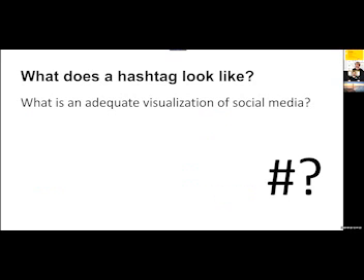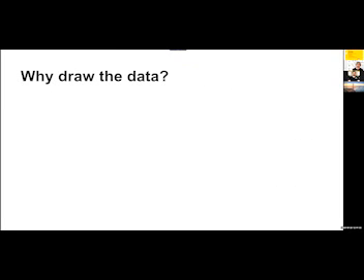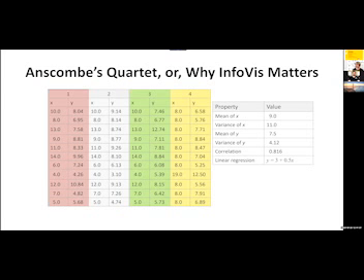So what would it look like if we could draw a picture of a hashtag? And why should we draw a picture? Why can't we just do the big data thing and give you a bunch of metadata about the hashtag and be done with it? And the answer is because most of us are not supernumerate, right? The way I'll make that point is to say, please look at these numbers and identify the errors or the outliers, and then help me make this judgment.